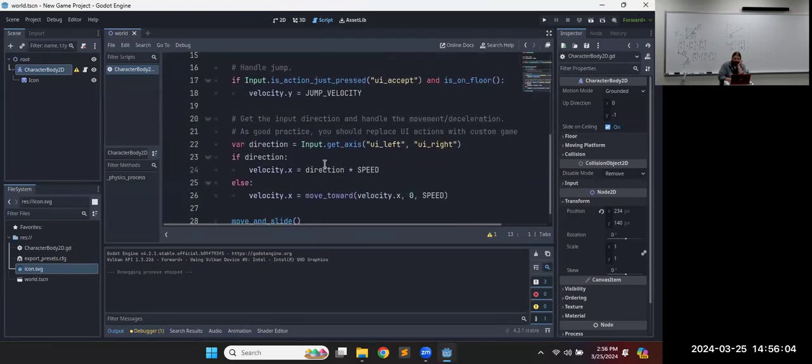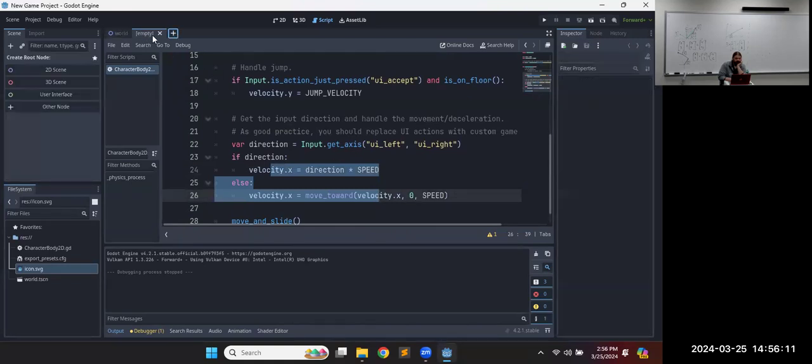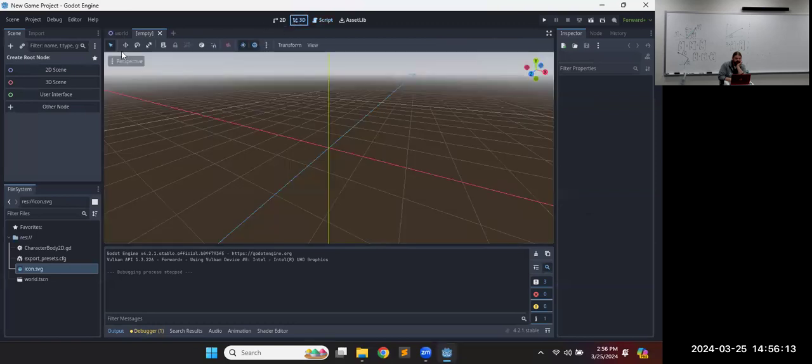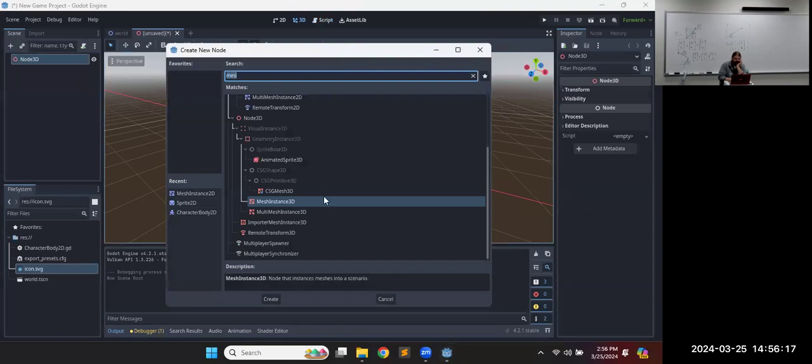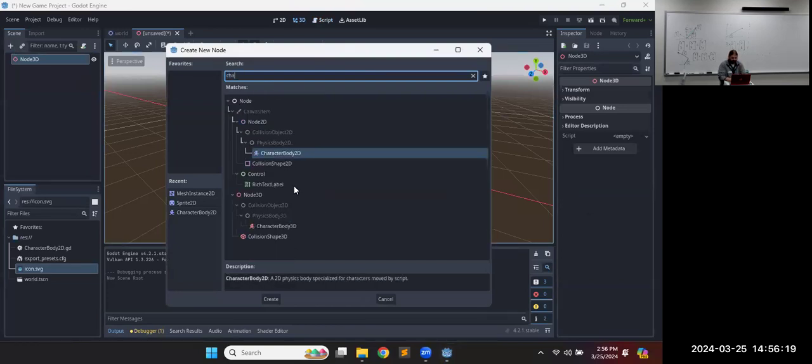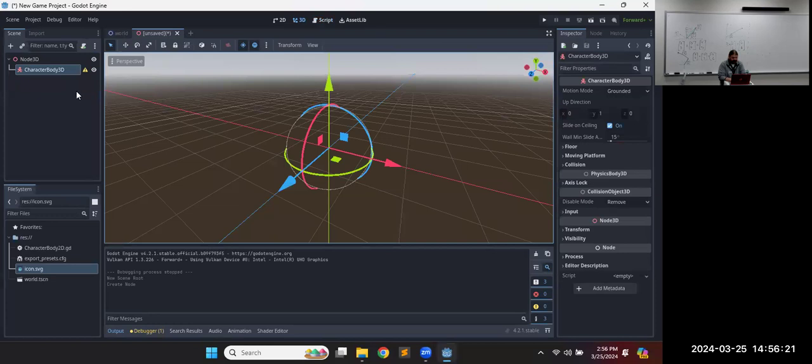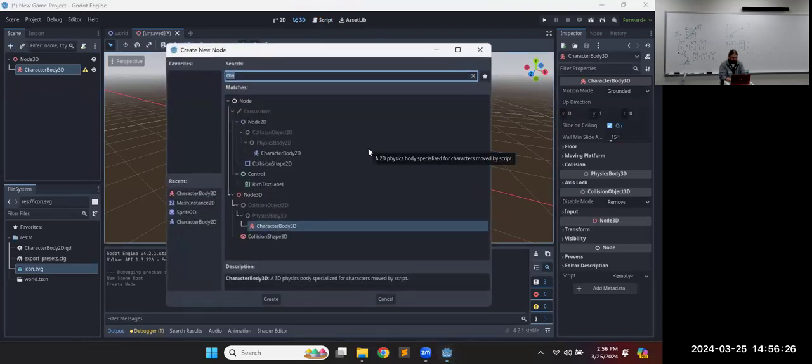Kind of built in there. Get the axis and then we change this. I'm doing a 3D one that's almost the same. I'm gonna create a new empty thing. Make it a 3D node. Add to this a character 3D. And then add to that a